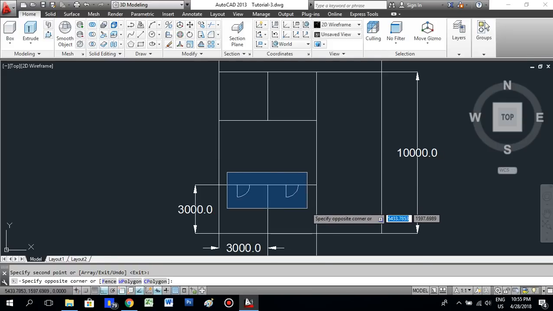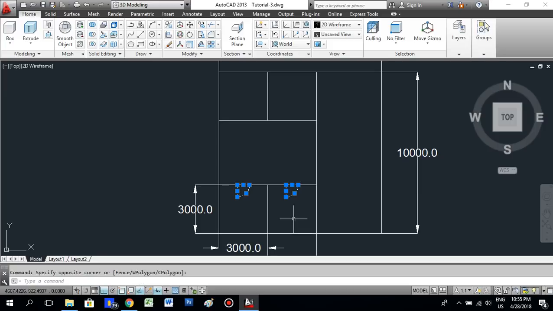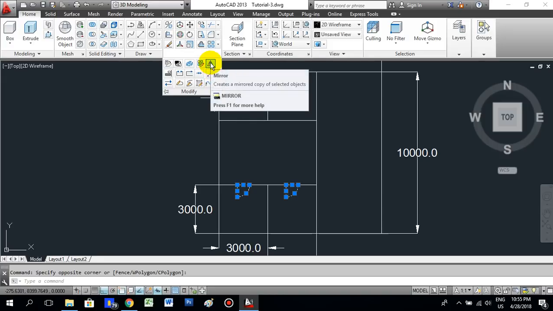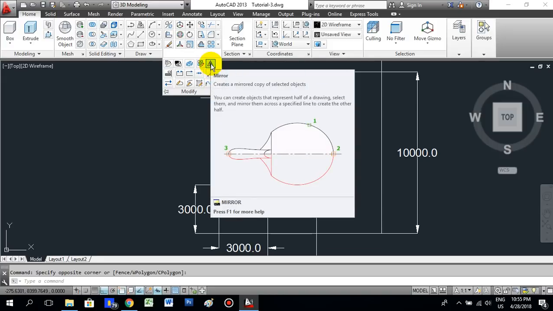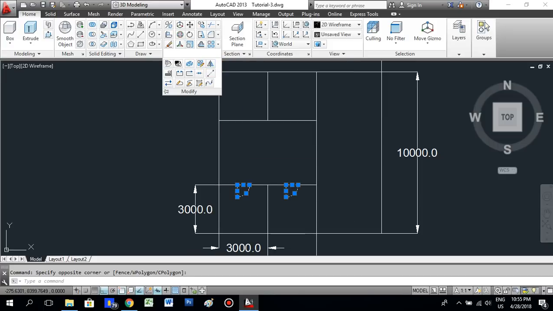Similarly we are doing for these doors also. So we select these two doors, go to modify, just click here and take the mirror command, click that, and